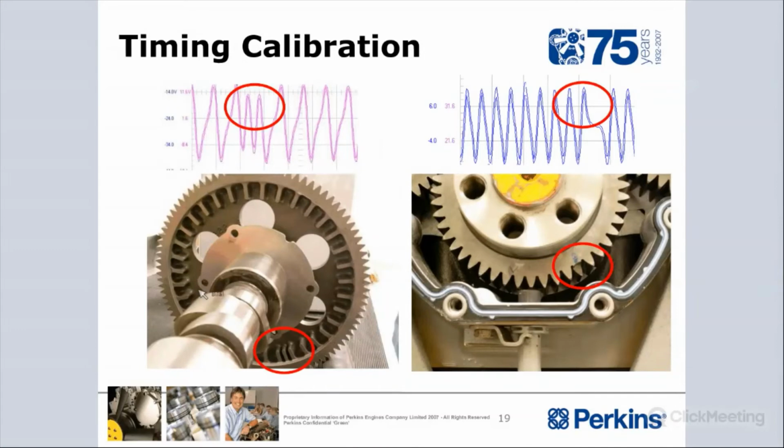Do you see these teeth? If you look at them, they are equally apart from each other, except in here. They implanted an extra tooth in here. The way these speed sensors work, every time the tip of the sensor faces one of these teeth, a 5-volt AC signal, a digital signal, goes to the ECM. Okay? When the tooth passes and the gap comes, a 0-volt AC signal goes back to the ECM. So all the time you have a 5, 0, 5, 0, 5, 0. But when we come to this extra tooth,